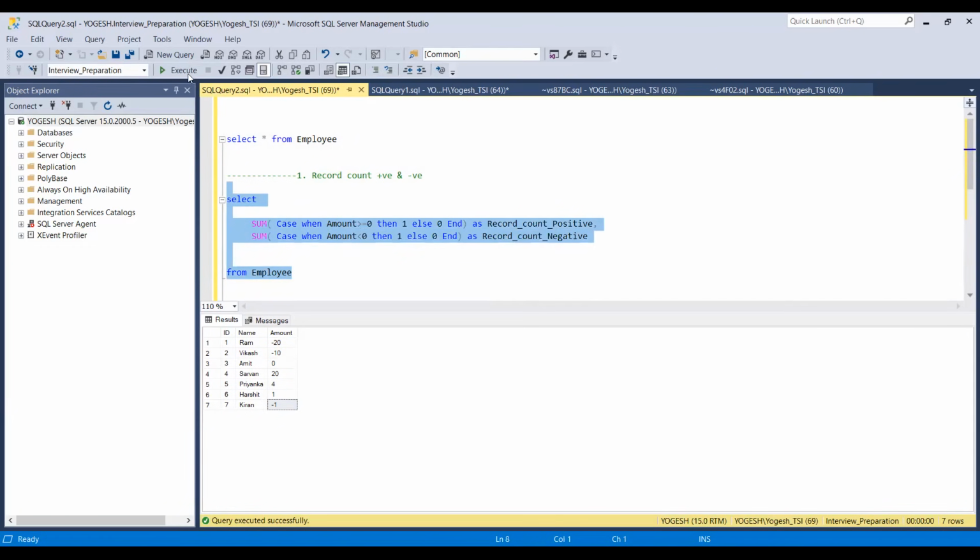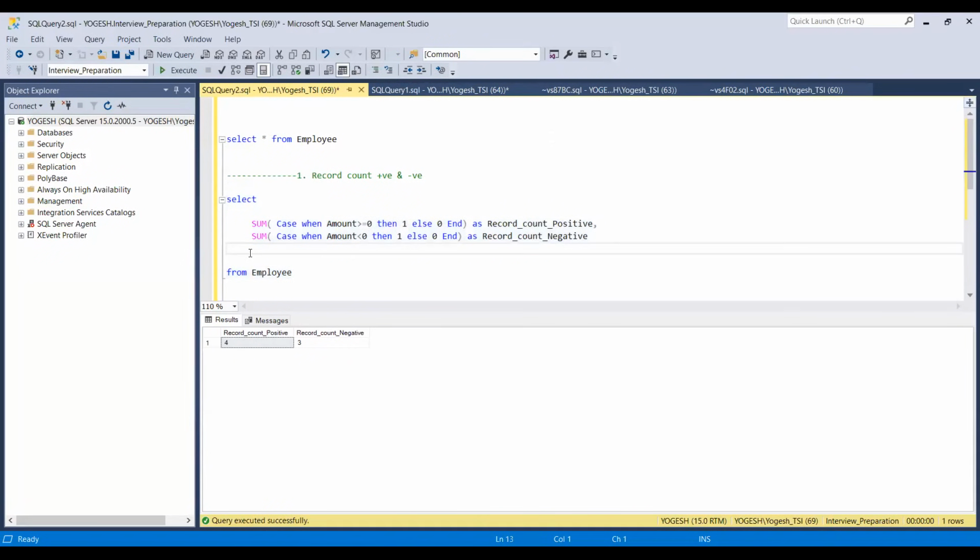Just execute your SQL query. Okay. Now, if you try to see this, this is how we can achieve this record count of positive and negative from one column, and the positive and negative record count will be displayed in one grid,